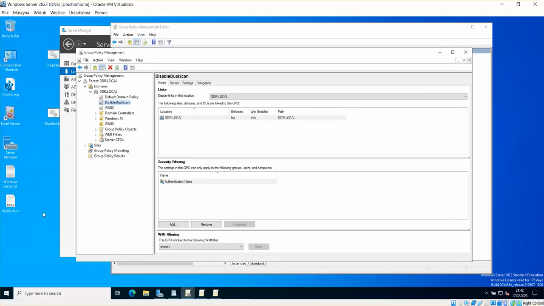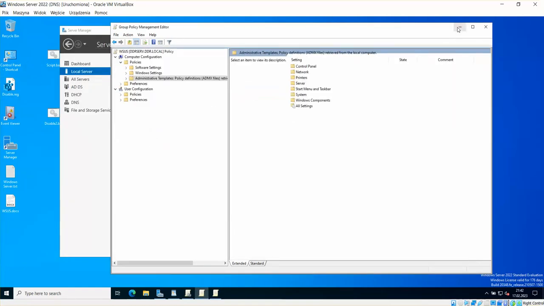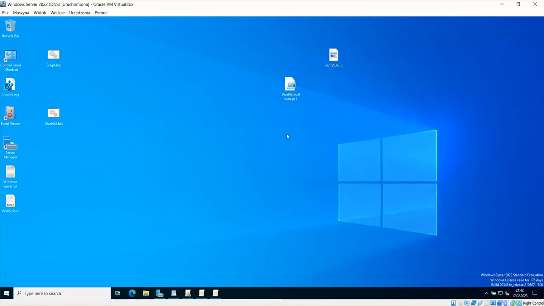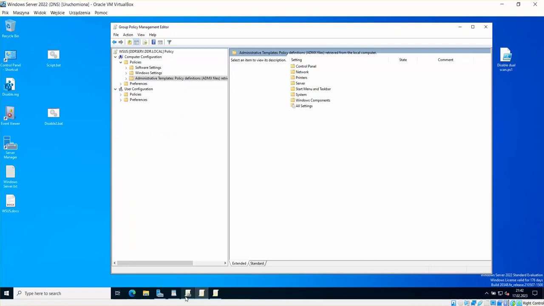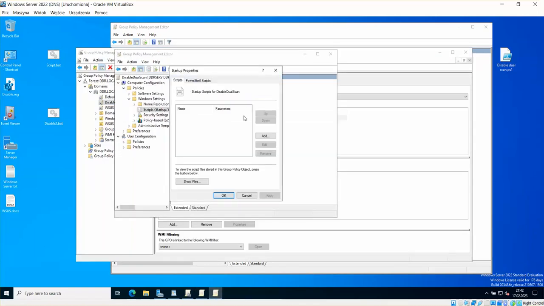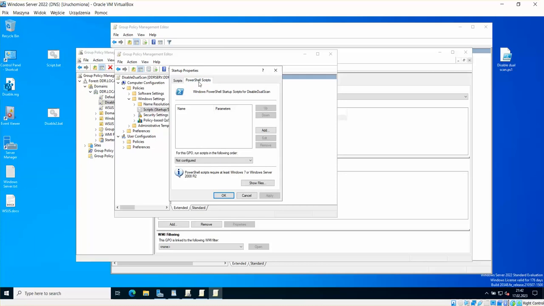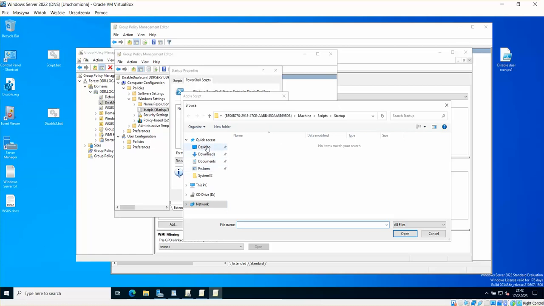Okay, wait. I need to check because it was somewhere. Oh, here it is. Here is the disable dual scan script. It's in PowerShell. So we're gonna add this script to our startup. We need to go to PowerShell scripts, add script name, so we'll just choose the script,